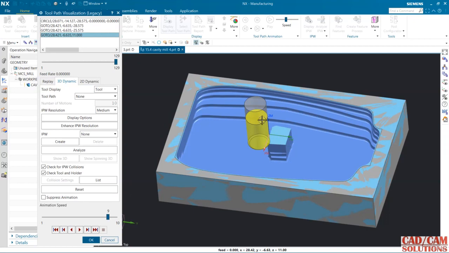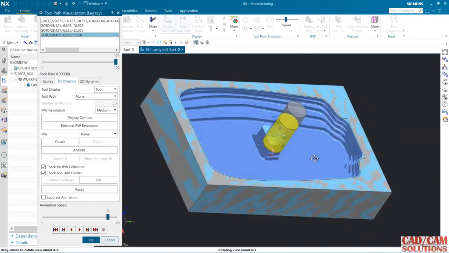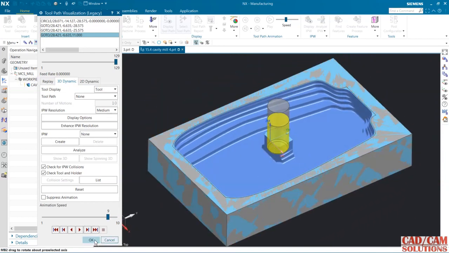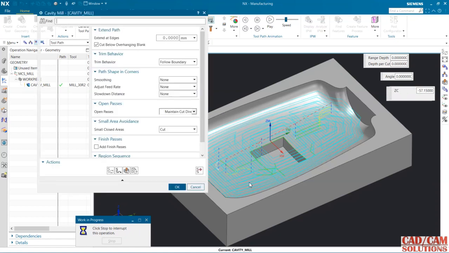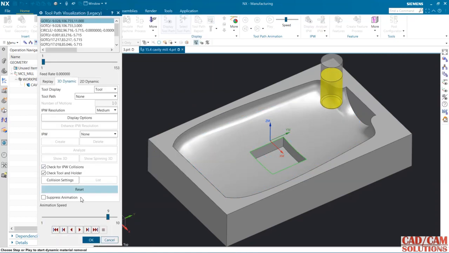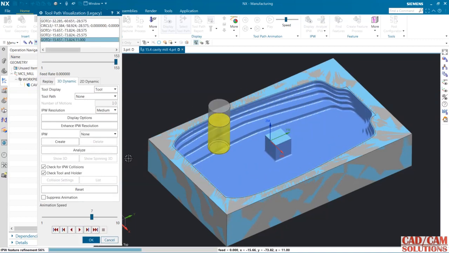Okay, see it, this inner portion is skipped, but the area is not cut properly. Okay, and if I'm going to change this behavior to follow boundary, so it will follow the boundary of this trim area. Okay, so that time this inner area will come a little bit smoother in proper manner. See this. Okay, so in this way we can use this trim behavior of this cavity mill,